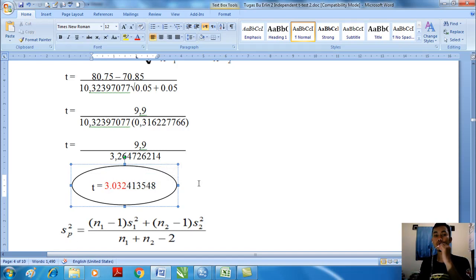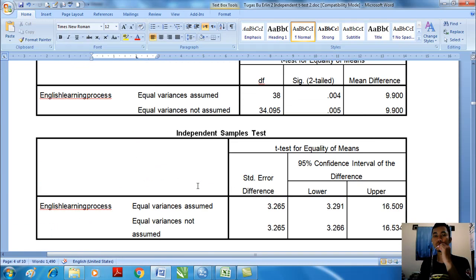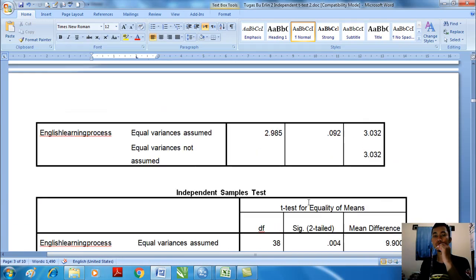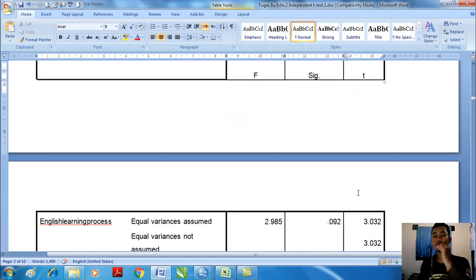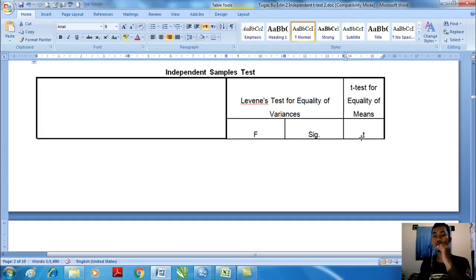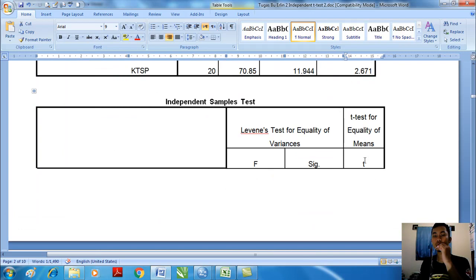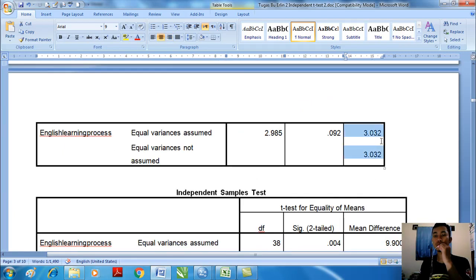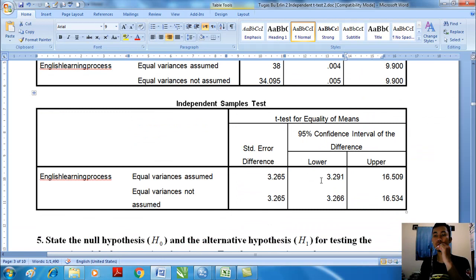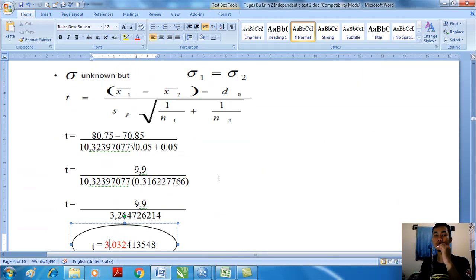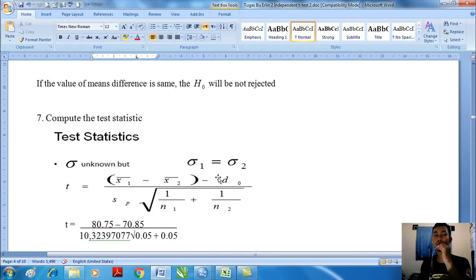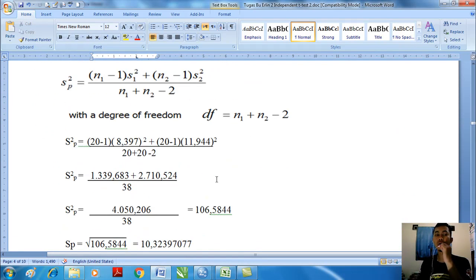This score on a table 2. This one. T is the statistic. So this score is 3.032. Is it the same with this? Yes, same. This is for the manual calculation. Now the next step is